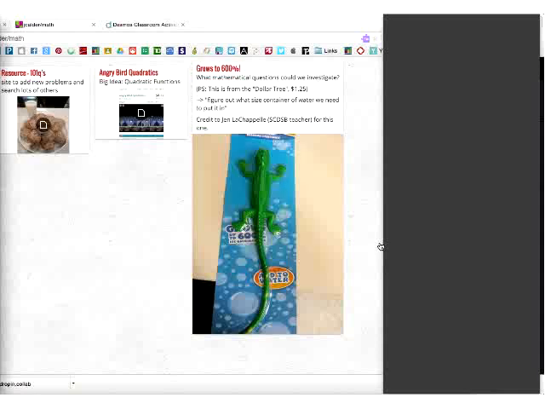Absolutely. And actually what we're going to do, I'm going to try to do this. Our kids are doing this on Friday, and they're going to do all those guesses, and then we're going to throw the lizards in the water and leave it over the weekend. But I'm going to try and set up a tripod with an iPad with a time lapse. So it takes a picture every half hour or hour over the weekend, so that we can see how much it grew throughout the weekend. So sometimes just taking a picture, even if I didn't have access to have that in my classroom, we can use the picture.